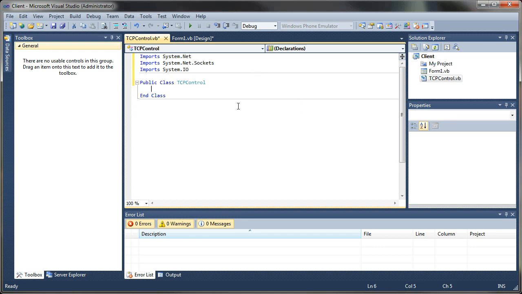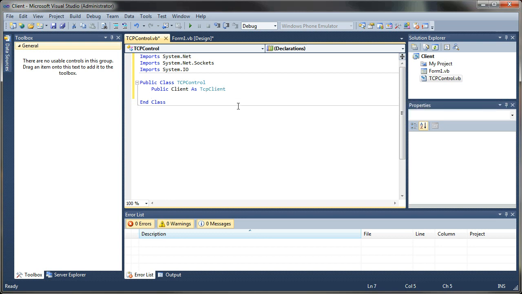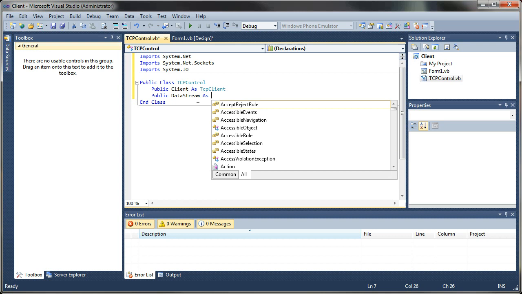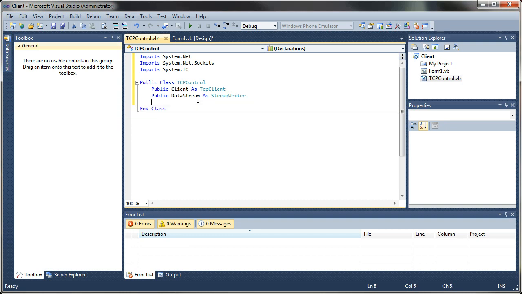And to keep this short and sweet, I'm going to just add a public client as TCPClient, and this is the TCP client that will be added to our server upon connection. And again, we'll do our data stream as, this time, instead of using a StreamReader, we're going to use a StreamWriter because we'll actually be writing data to that stream. So we'll say StreamWriter,